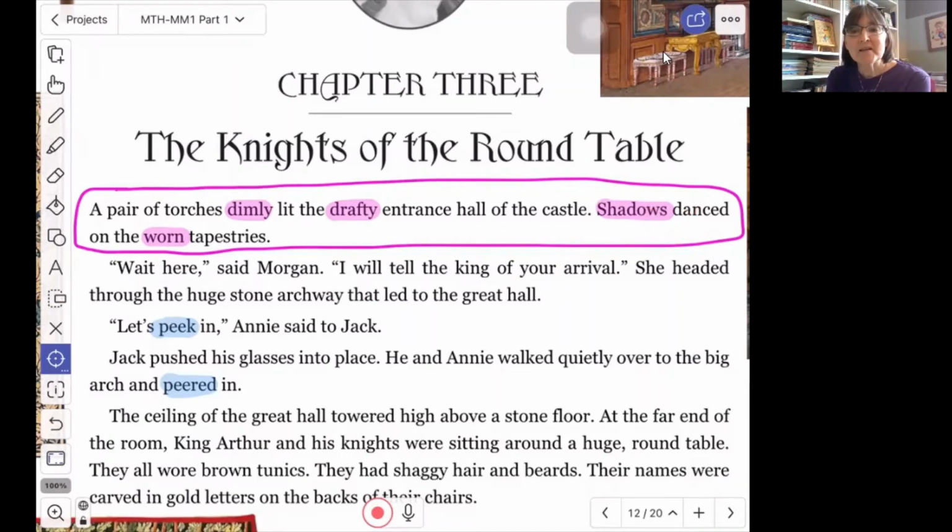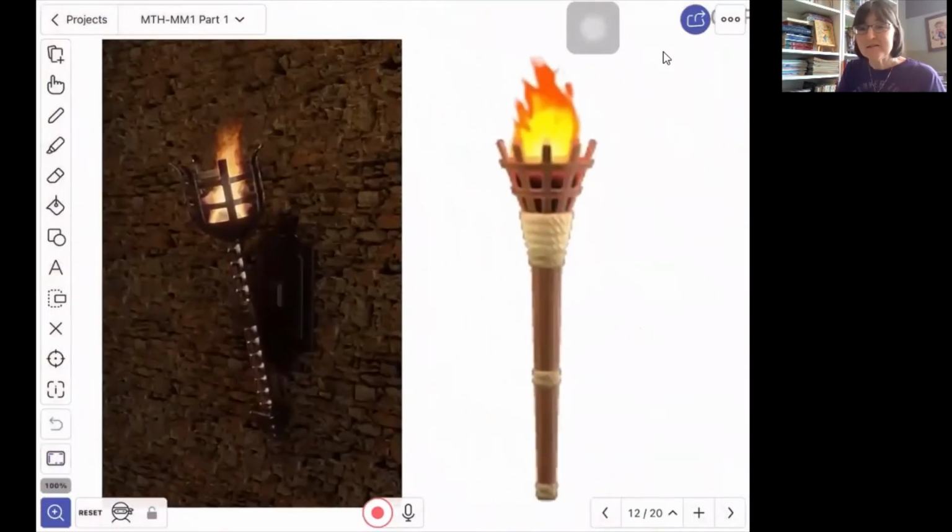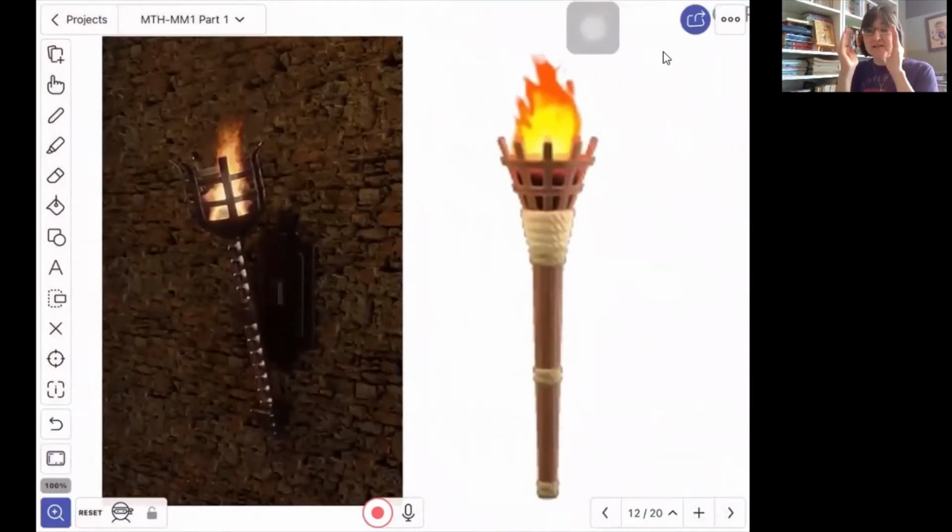Well, shadows are dancing because the light is coming from torches. I mean, if we're on a sunny beach outside, a nice hot sunny day, and we look down on the sand and we see our shadow, we're like, oh, that's cool. Look, let's take a picture of our shadow. Shadow selfies, right? The sun is behind us and it's making our shadow shine on the beach. This is not like that. This is because in this very kind of dark area with only those torches, remember the torches are this fire. And because the fire doesn't stay still, it kind of bops around, right? We could say it dances, it's moving around. That means that the shadows that light causes are going to be